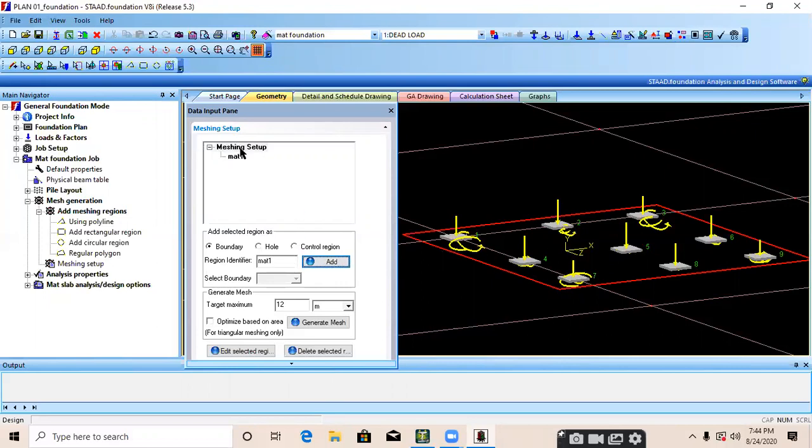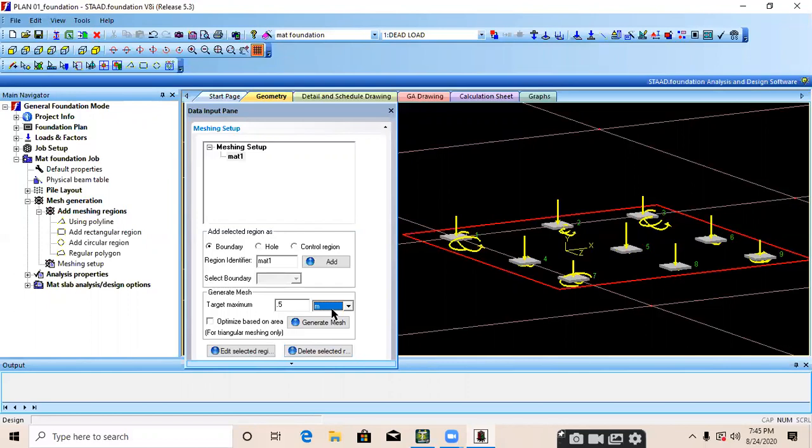Look at this, in the meshing setup, mat 1 is added. Then select that mat 1 and go to generate mesh. In generate mesh, for the target maximum, you need to provide the length of one mesh. Suppose I am providing 0.5 meter as the length of my one mesh, and the unit will be meter.